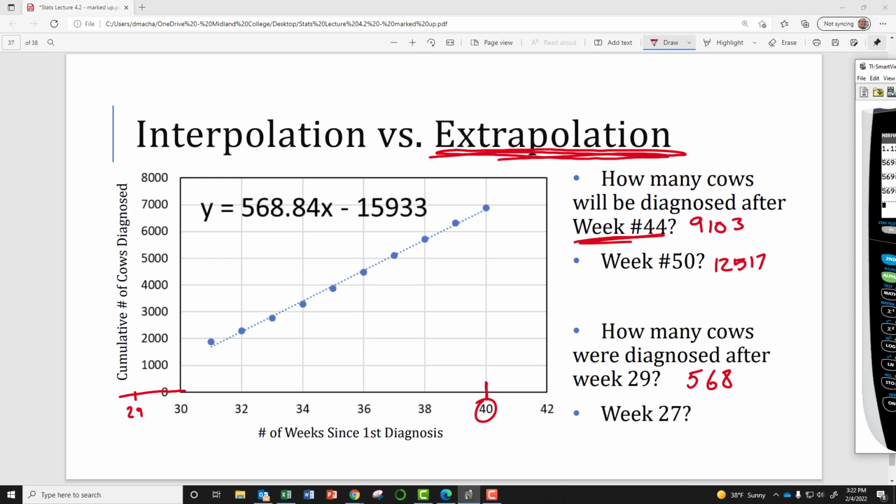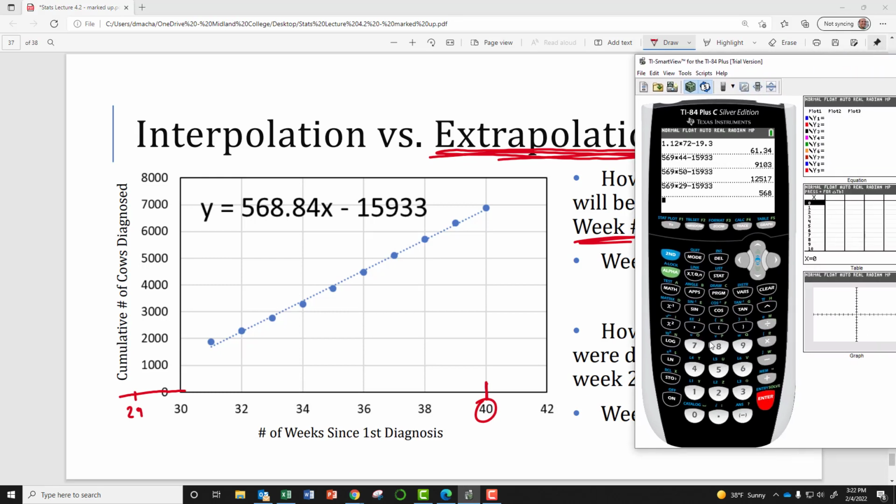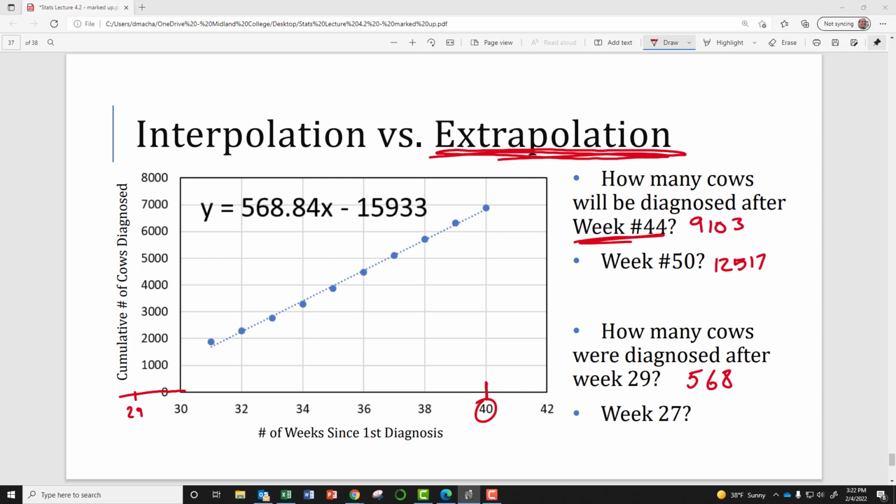And let's ask about week 27 now. So about week 27, 569 times 27 minus 15933, negative 570. So when I used my linear model to make a prediction about how many cows were sick on week 27, it was negative 570. But wait, maybe it occurs to you that you can't have a negative number of cows